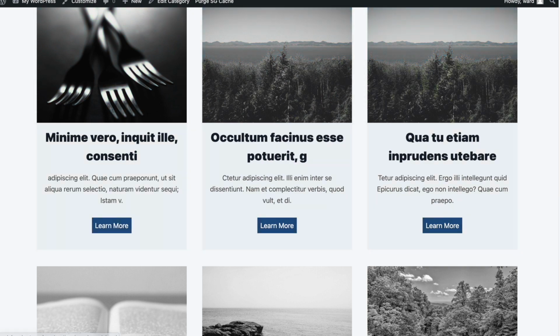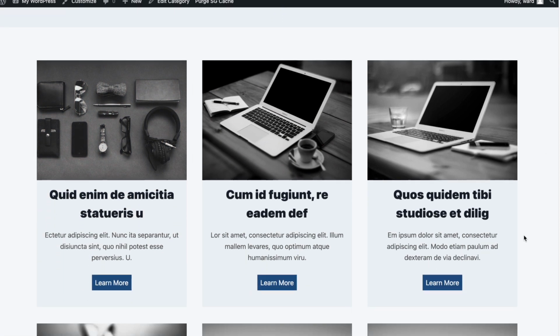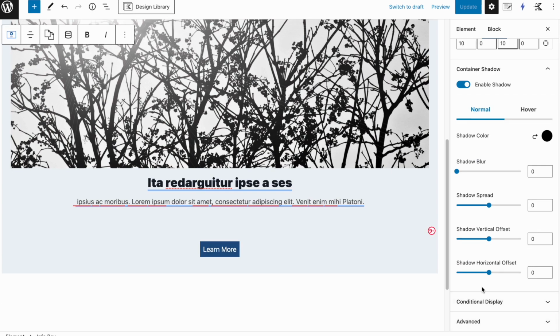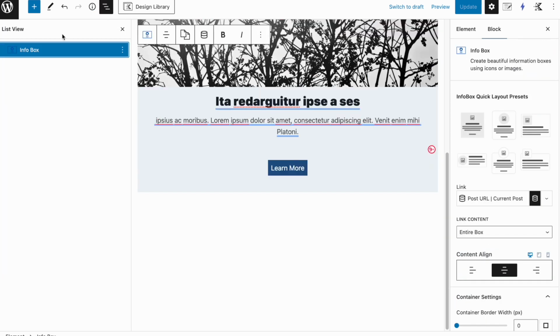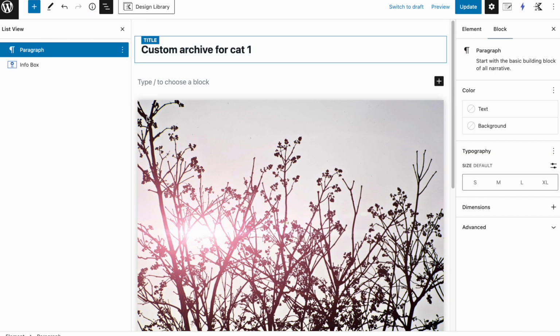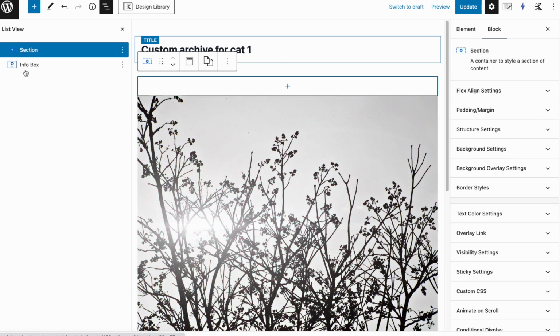And then I also would like a sort of animation. So when the page loads and I scroll down, I want these appearing, like fading in, and that's also something we can do now that we've styled it with the elements. It's not in here because I only have conditional display. This is not what I want, so I have to open this up, and now we're going to add a section block. Insert before section, and now we have to put the info box